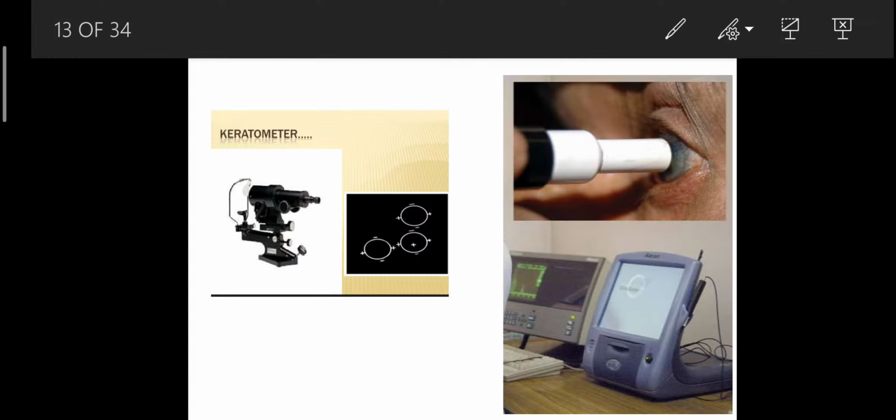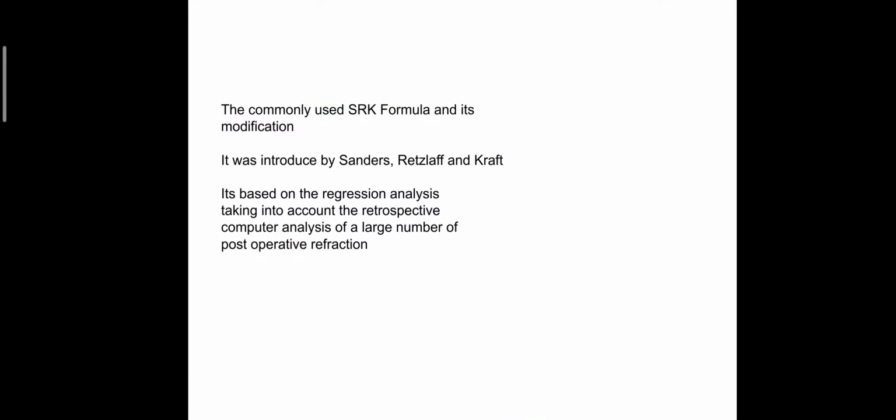On the right hand side you can see the keratometer. This is a Bausch and Lomb. There are different types of keratometers like automated keratometers, Bausch and Lomb keratometer, and IOL Master. On the left hand side you can see an A scan machine. This is an A scan probe, which is the contact method being done. So this is essential to calculate the IOL power of the lens which has to be inserted during the cataract